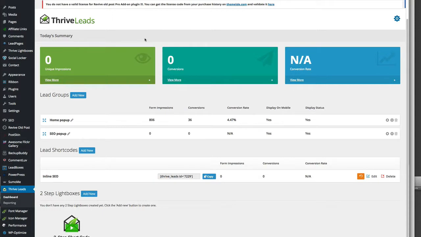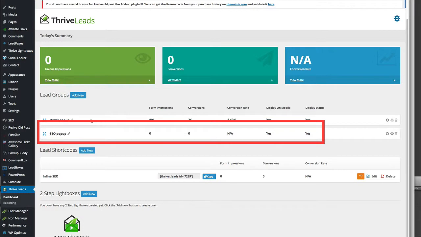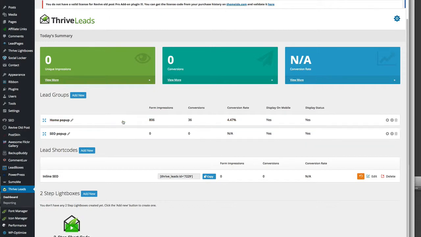What you can see here is the main dashboard of Thrive Leads, which is on the side of the admin panel. And the main area you see here is the statistics. I've cleared most of mine out from past jobs I've had, but you can see one that I had running here recently, which was the homepage pop-up. And you can see the statistics here of the particular area that you've been showing the pop-up, which is called